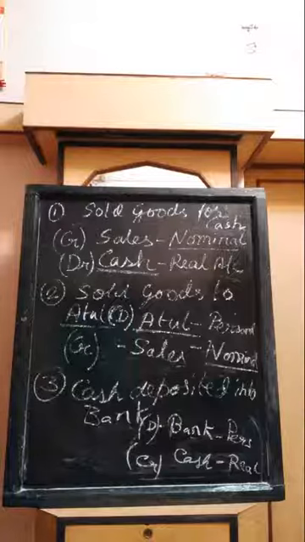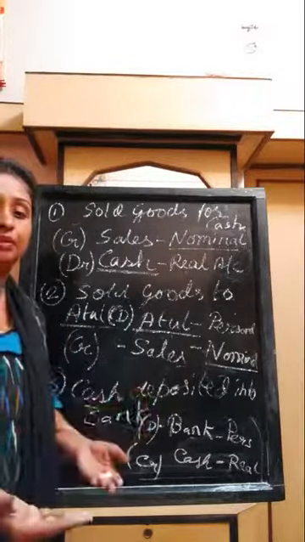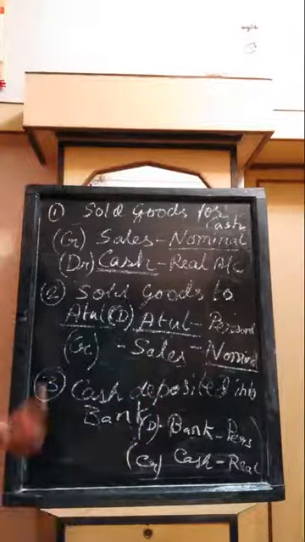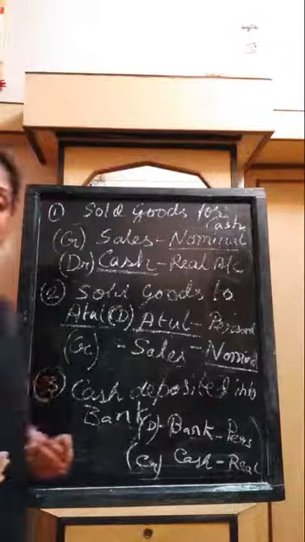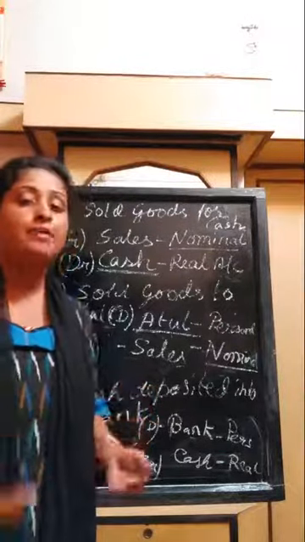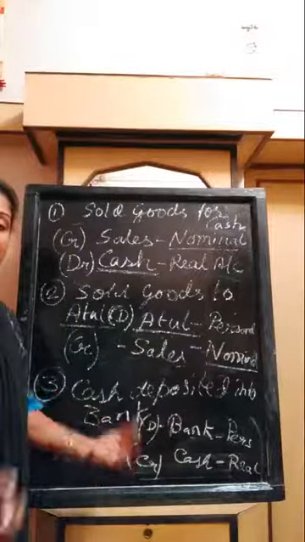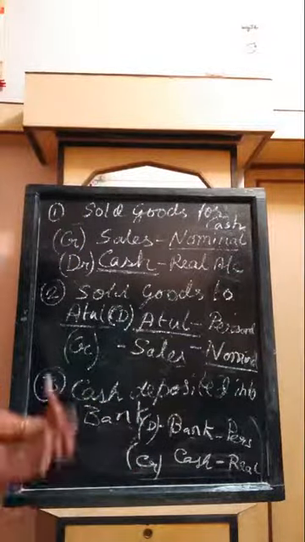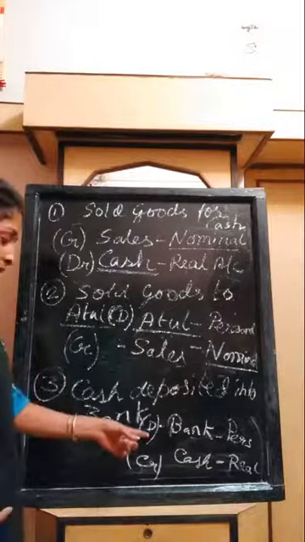Because in bank, asset is increasing. We are depositing the money in bank. Bank is getting the money. And here debit is the receiver. Following the personal account rule of the golden rule, debit is the receiver. That's why bank is debit, because bank is getting the money as a deposit. The asset of the bank is getting increased. That's why bank will be debit.